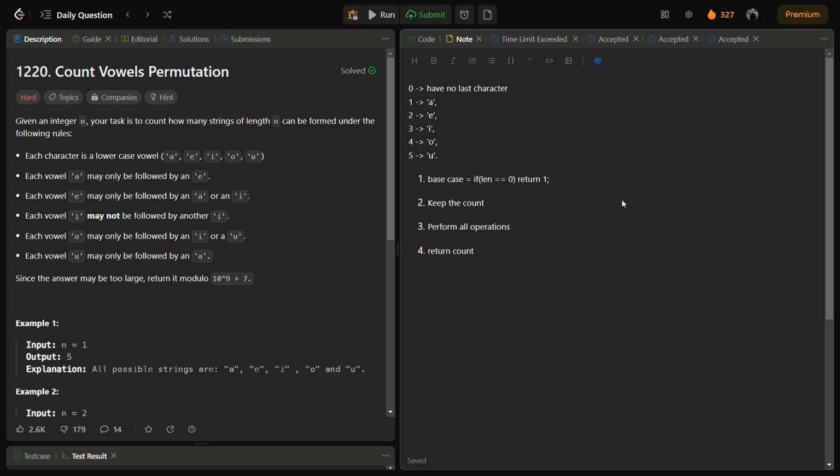For I it is given that I may not be followed by another I. So if it is I, it can be followed by any character other than I. Then for vowel O, we can have I or U, and for vowel U, we may have only A. So what we can do is create a function which takes the index and the last vowel used,